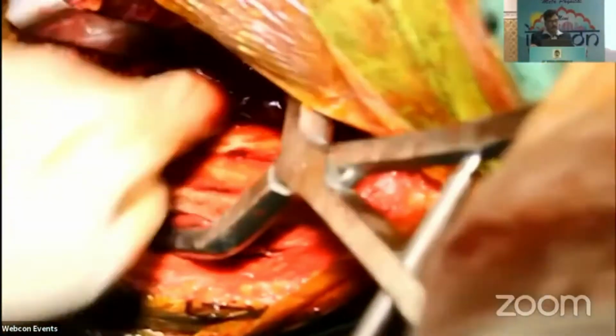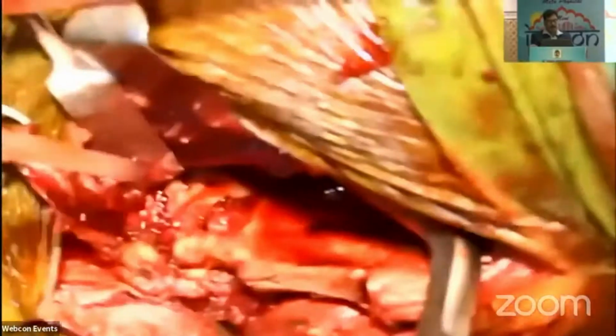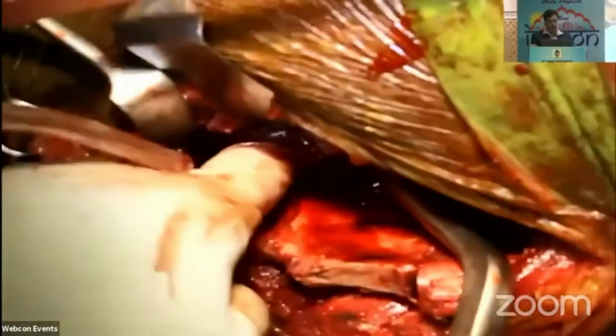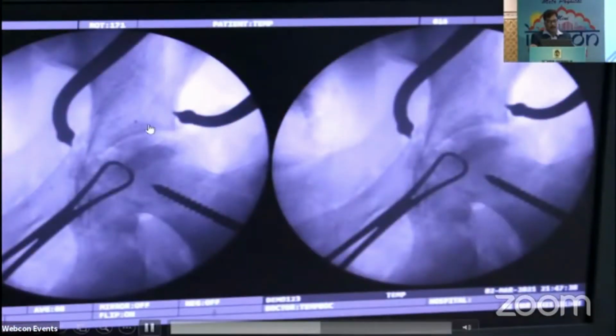You can apply a clamp by this approach for reduction, and you can access up beyond the iliopectineal eminence. So now the fracture is reduced. Now you can see the C-arm view for reduction, and I put one lateral traction for reduction of the hip.